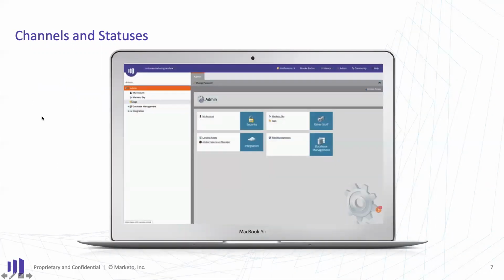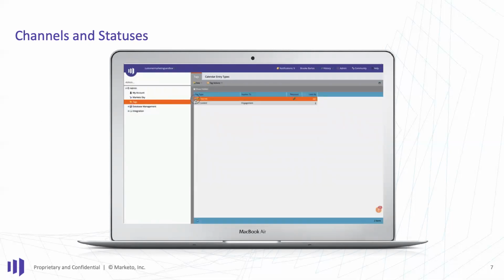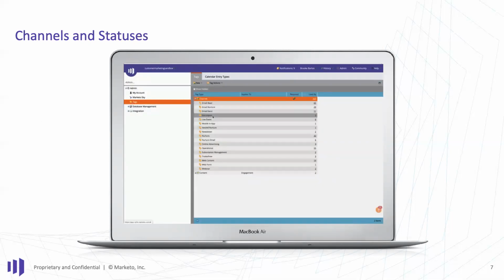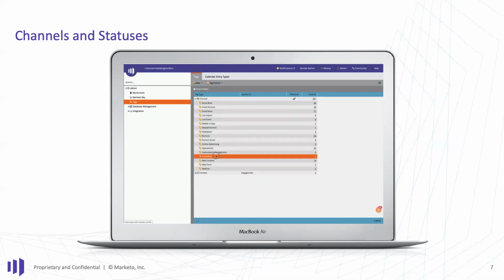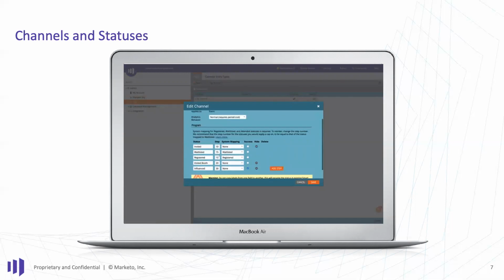And then they're looking for beyond channels, statuses. So do you understand what a program status is? And do you understand where to modify them and how they work? So essentially, if you